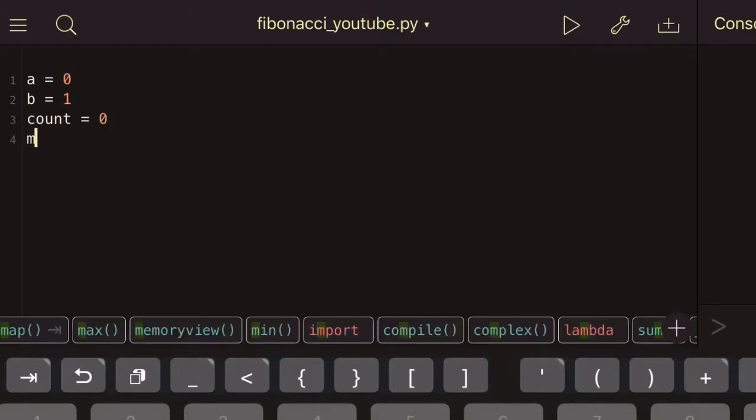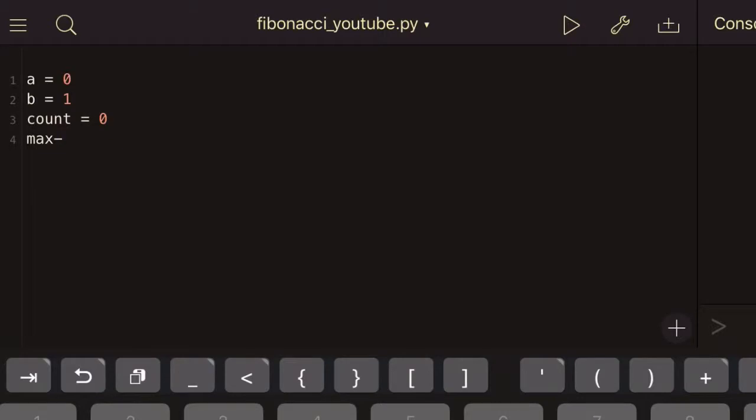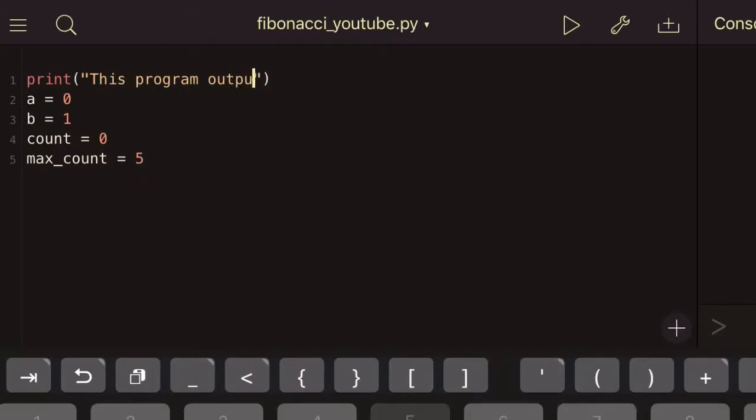Then I'm going to have the counter start with 0, then the max count. Make sure there are no spaces in your variable names, and then I'll probably give that a 5 because at each loop we're doing a pair of numbers, which means 5 loops, 2 numbers, 10 numbers. So at the top, I'm going to say to whoever's using this program what it's doing. I think it's always polite to say this program outputs the first 10 Fibonacci numbers. So I'll put that at the very top. So I've defined my variables, and added a little bit of instruction,